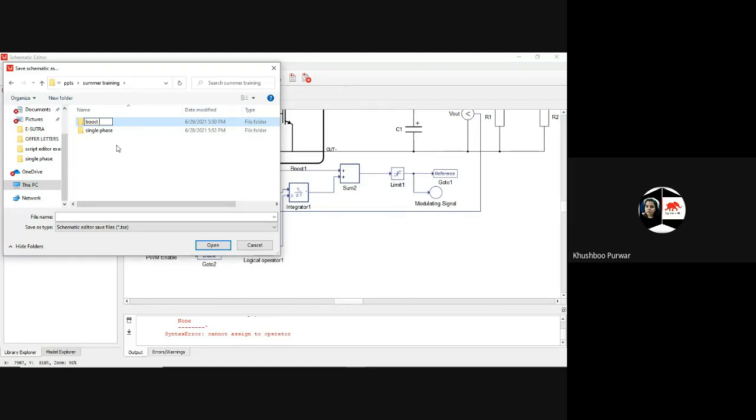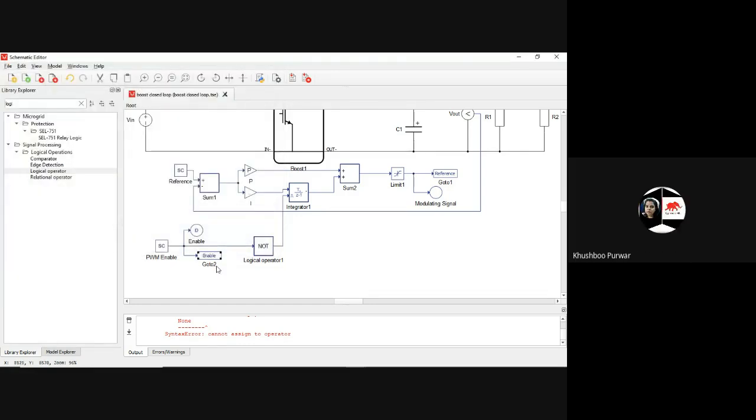Ma'am, I pressed the go to signal only. Then send the picture on the chat box, I can't see it otherwise. Ma'am, I'm sending it on WhatsApp. Yeah, there also you can see.